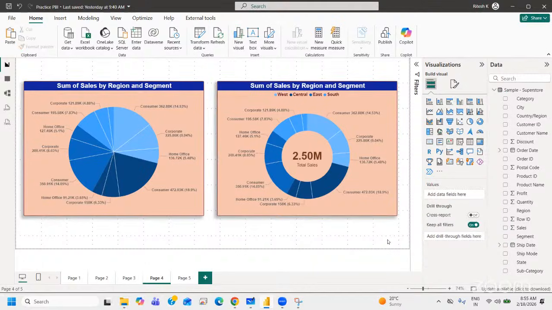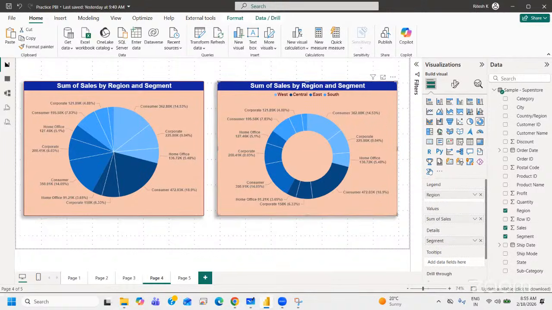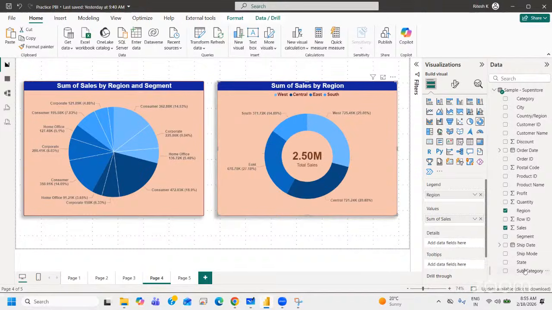So what if the data doesn't sum to 100%? Let's say it's less than 100%. For sure it would sum up. We may not see that partition, but at the end of the day, it would sum up to 100%. That's how this chart is developed. Though I take a subcategory here,